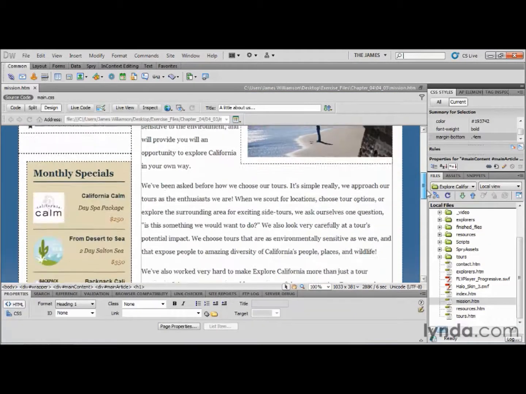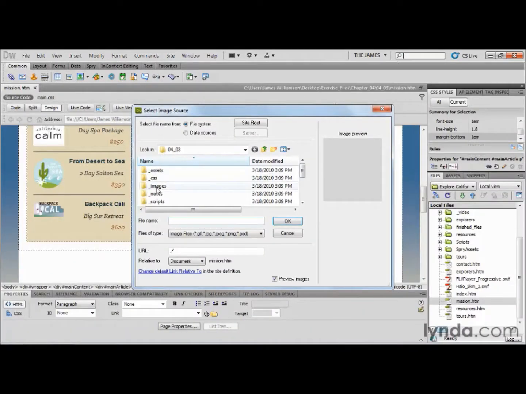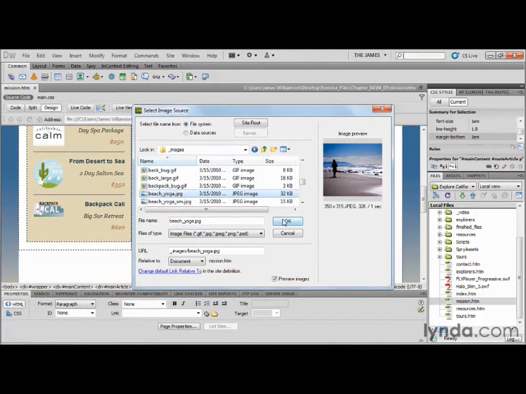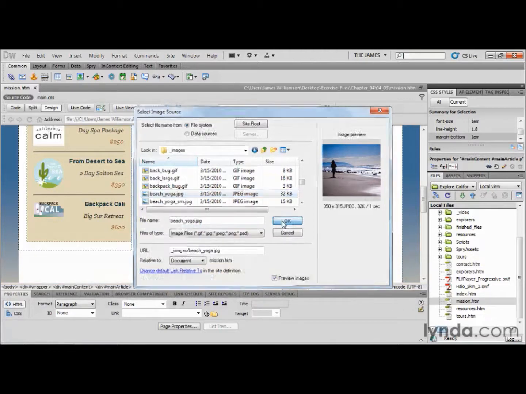And I'm just going to scroll down a little bit further down the page and click right after our last paragraph. I'm going to go ahead and insert an image on the page. There are a lot of different ways to do that, but one of the easiest is just to come up to our common objects in the Insert panel. I'm going to choose Insert Image, and then I'm going to browse to my Images directory. So let's say we want to place an image on the page. Let's say this beachyoga.jpg. So I'm going to click OK,